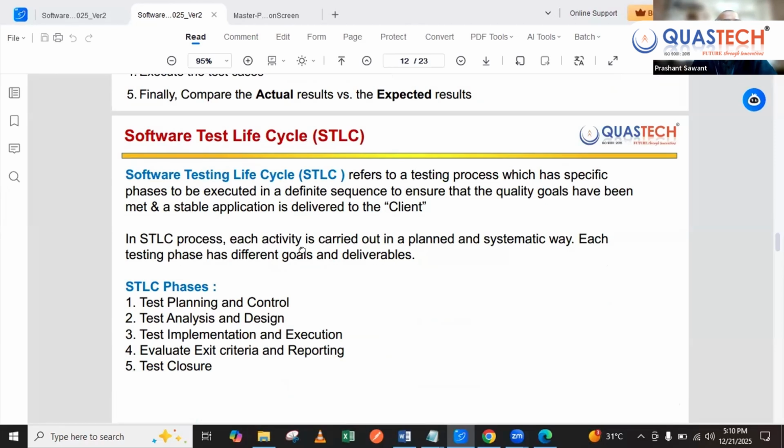test planning and control, test analysis and design. For some of the people who don't know anything about testing and are still on the webinar, these might be some very alien words or phases. Nothing to bother about that. For the time being, you can just focus. But for those people who know these STLC phases and everything,